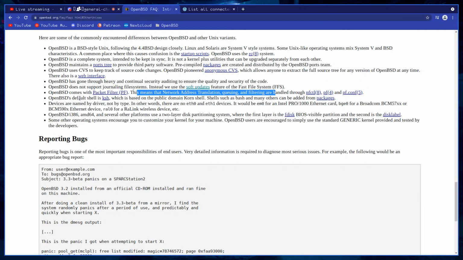OpenBSD's default shell is KSH, which is based on the public domain Korn shell. Shells such as Bash and many other shells can be added from packages. Yes, so you can install Bash and make it your default, which is what I do, because I'm not really a big fan of KSH. It's not that it's terrible, it's just not Bash, you know. Or ZSH. ZSH is also a great option. Either way,